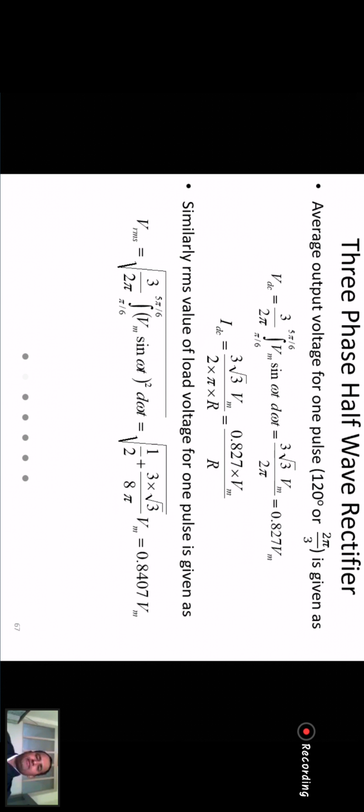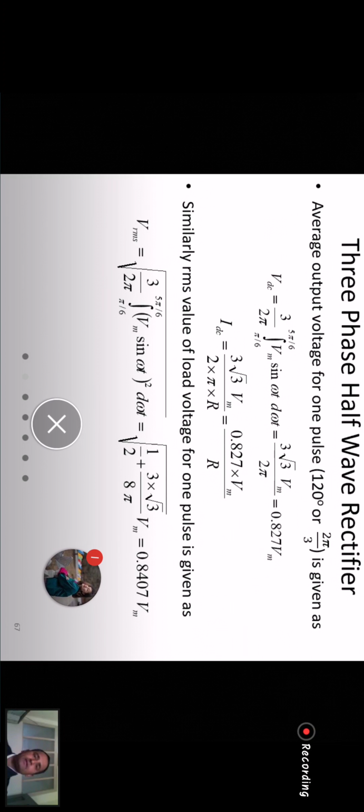I know when you look at the formulas, you might get puzzled when you see so many formulas. Till now we have done half wave and full wave. There are two types of full wave, bridge type and center tap type, and half wave rectifier with R load, RL load. So there are so many formulas. Please don't get mixed up. Write this formula separately and try to analyze it so that you don't get puzzled when you do the numericals. If you understand the waveform, you can easily differentiate between formulas of the different types of rectifier.